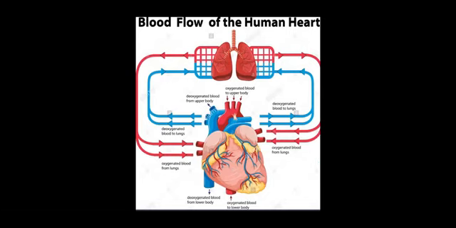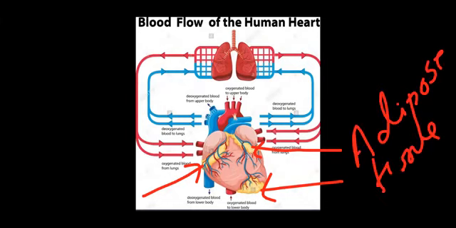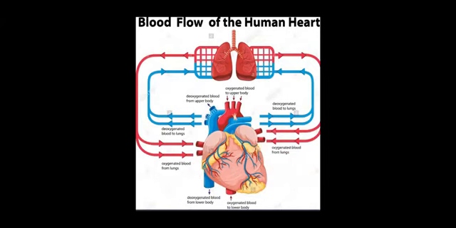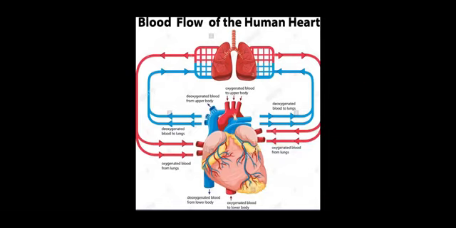Okay, children. Now look at this diagram. Here you can see that there is a yellow something shown. See this one. You know what this yellowish layer is? It is a layer of adipose tissue, where a thin layer of fat accumulates, right? In 9th standard you learned that the heart also has adipose tissue. Your kidneys also have adipose tissue, and below your skin adipose tissues are there. So those fat storing tissues are here.